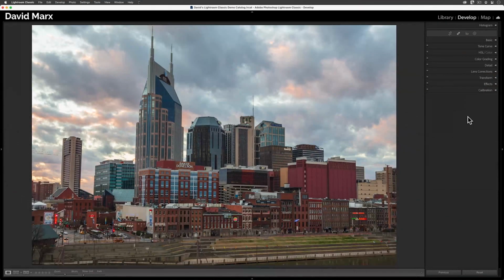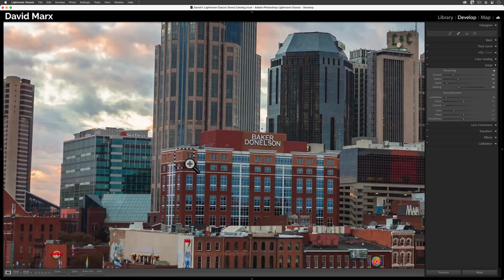Here we have a cityscape that I shot one evening in downtown Nashville, Tennessee. Before I started recording this video, I did everything that I could to tune up my original capture, including adding a bit of global sharpening using Lightroom's detail panel. I bring this up first because I want to make it clear that all of the work that I'm going to do with texture and clarity throughout the rest of this tutorial happens on top of the global sharpening that I've already applied to the whole image using this panel.